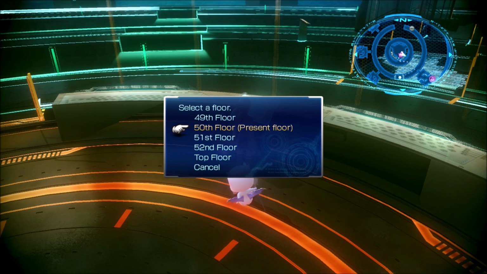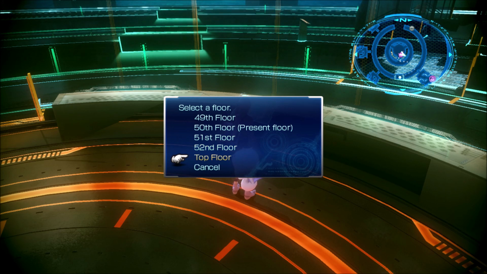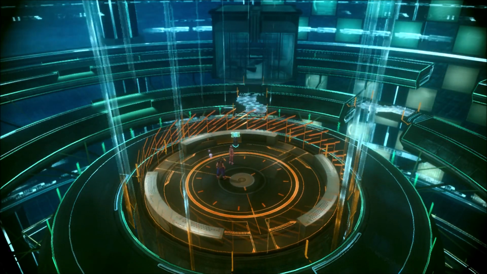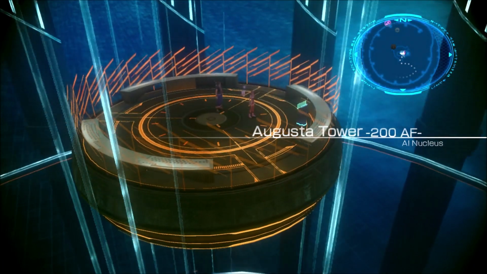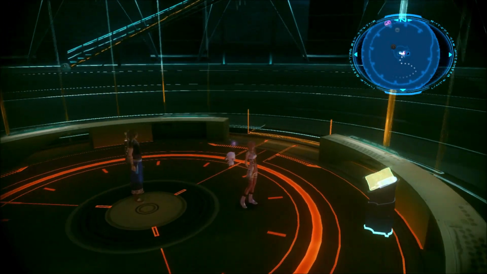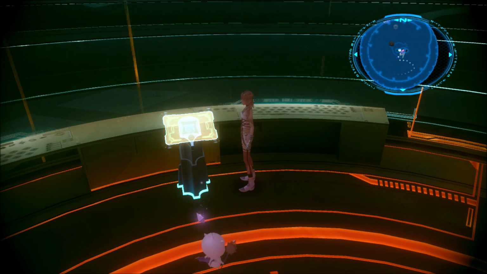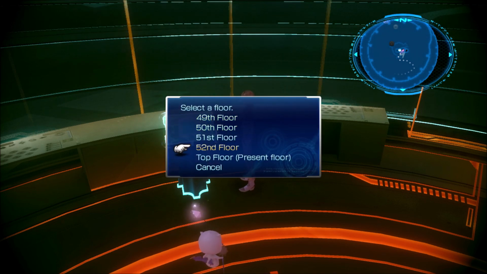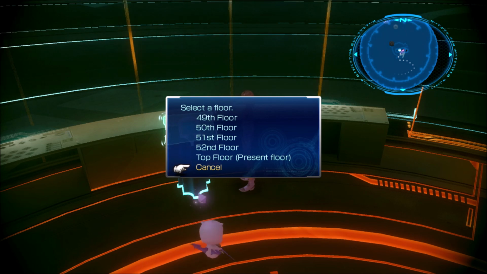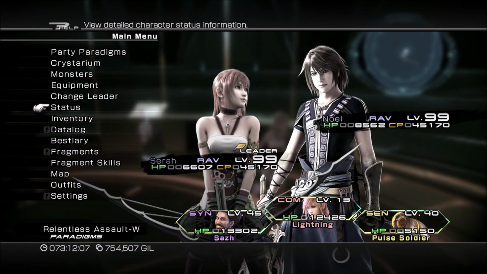You can now go to the 13th floor. Maybe we got to go to the first floor first, or the top floor first, because the 13th floor looks like it should be open to us. We got the key. Not sure we don't have access, but